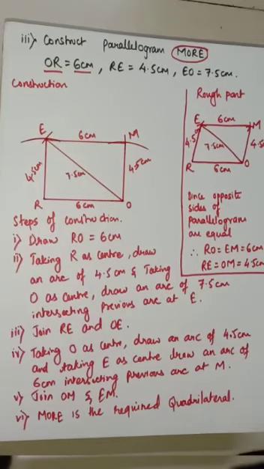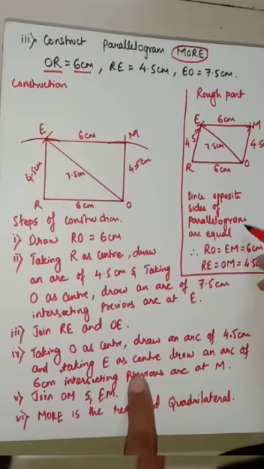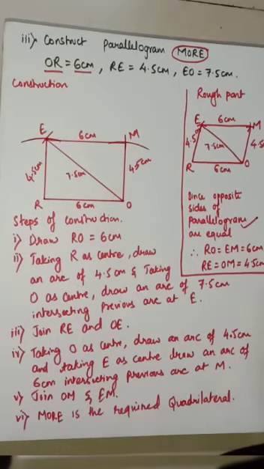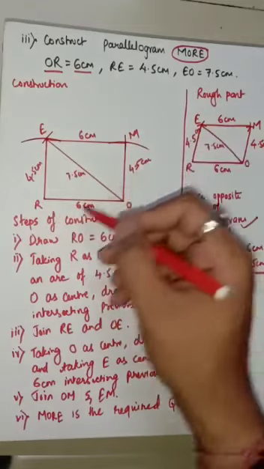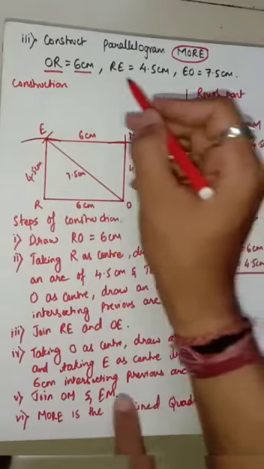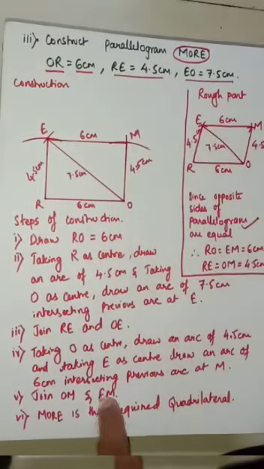Clear? So as I have told you, this construction consisted of a little bit tricky part, that we have to know the properties of a parallelogram. Based on those properties, the construction method is the same, right? We know 4 sides and 1 diagonal, but the thing is that 2 sides are hidden in the question part. So we have to apply logical thinking over here to proceed with the question.